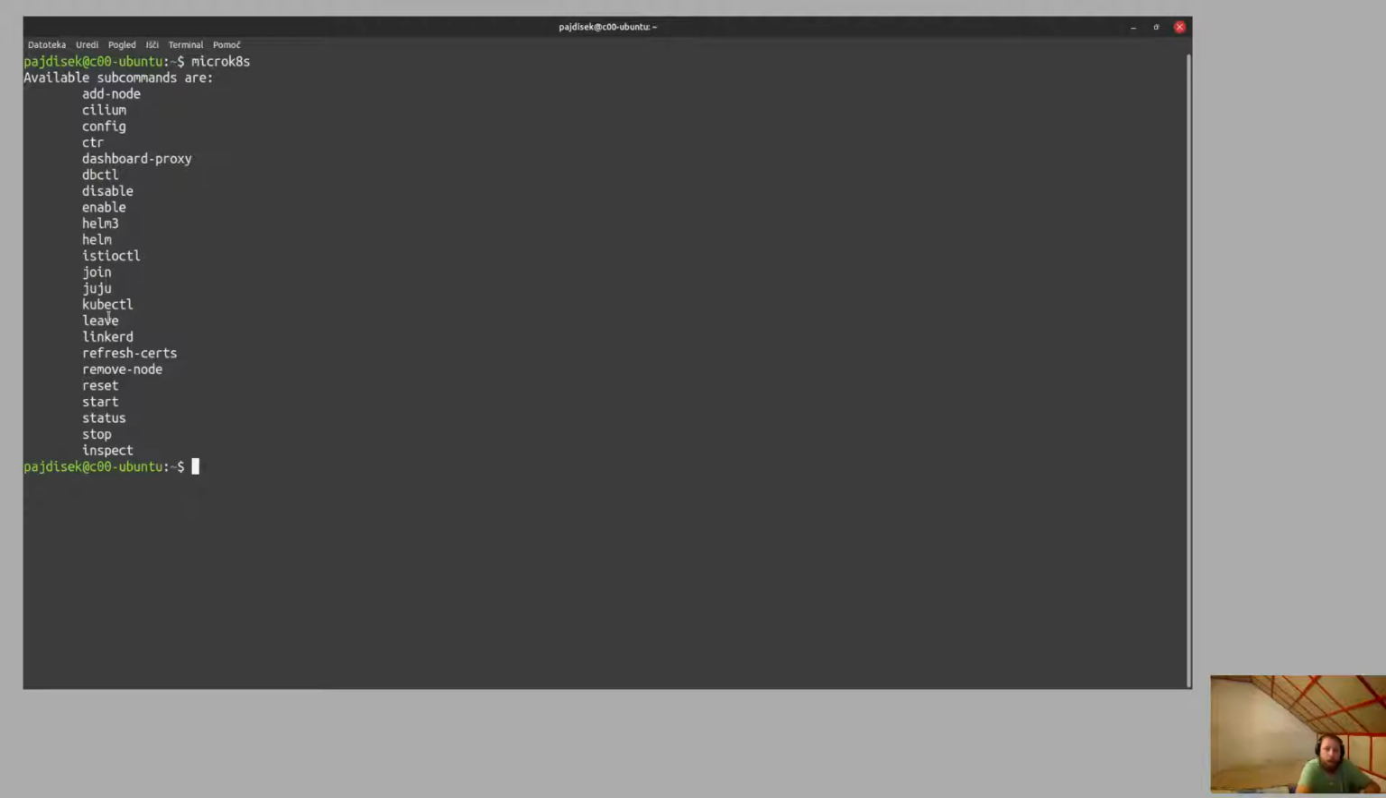Reset resets the whole cluster to an out-of-the-box state. Start starts the cluster. Status tells you the status of the system, or more or less the cluster and its add-ons. Stop stops the cluster, and inspect shows a more detailed view of what's going on with the cluster. So if we begin, we can go with